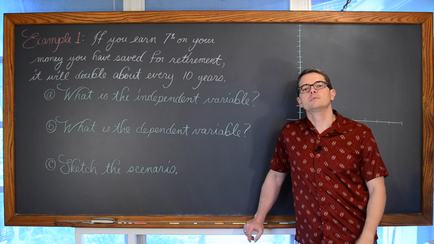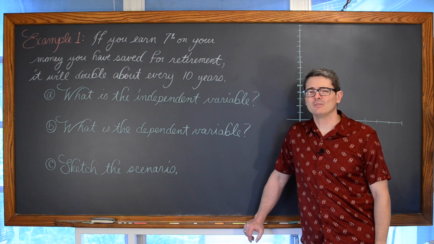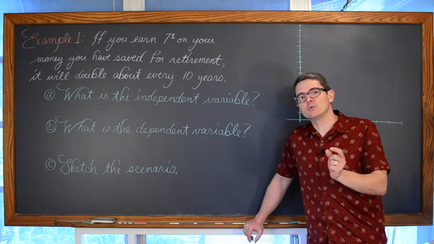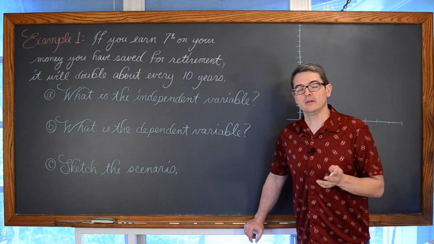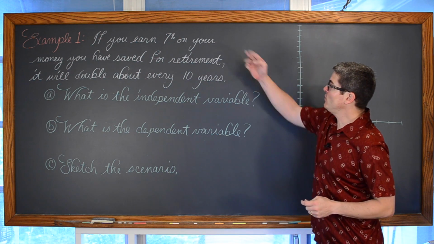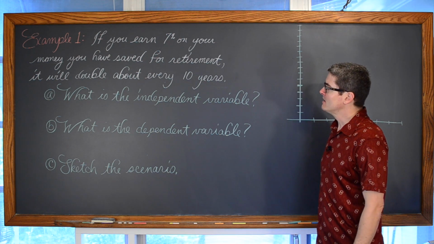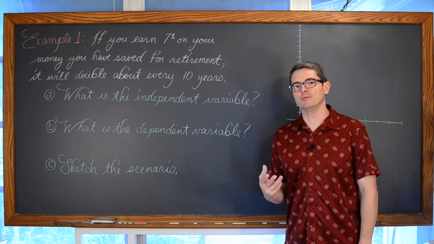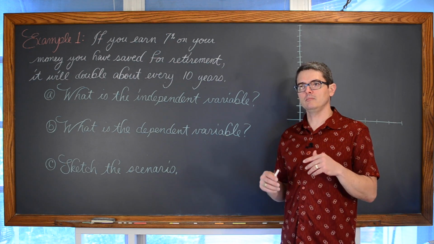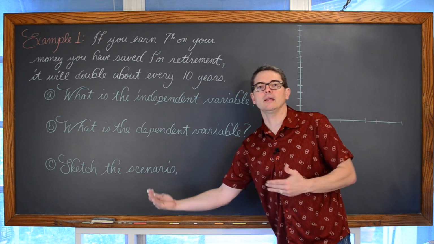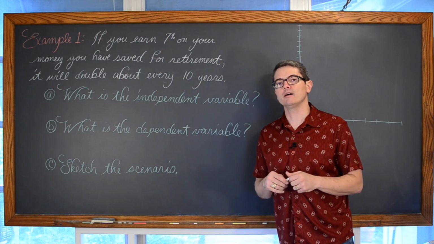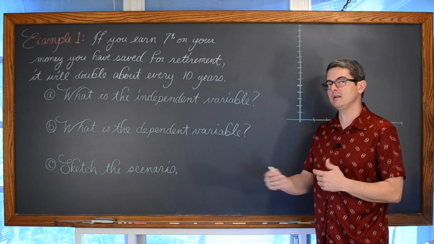So, you don't have to work your whole life. If you don't want to work your whole life, what you need to do is make the most of the years that you are working. And you need to do that by saving a little bit from every paycheck for retirement. If you earn 7% on your money that you've saved for retirement, it will double about every 10 years. So your money can help make you more money instead of you having to physically labor over every dollar that you earn. You allow the money to grow on itself.